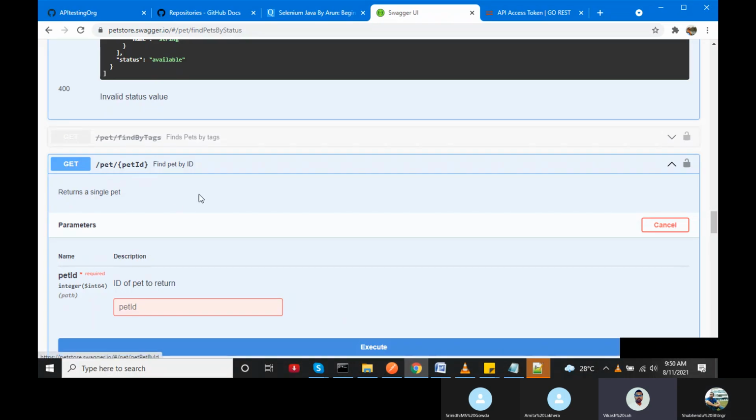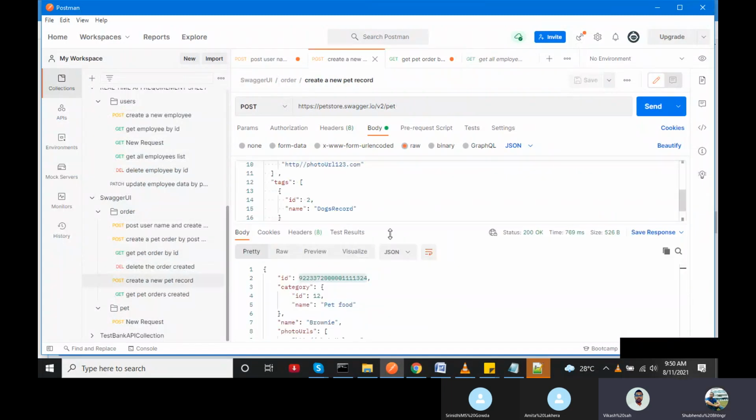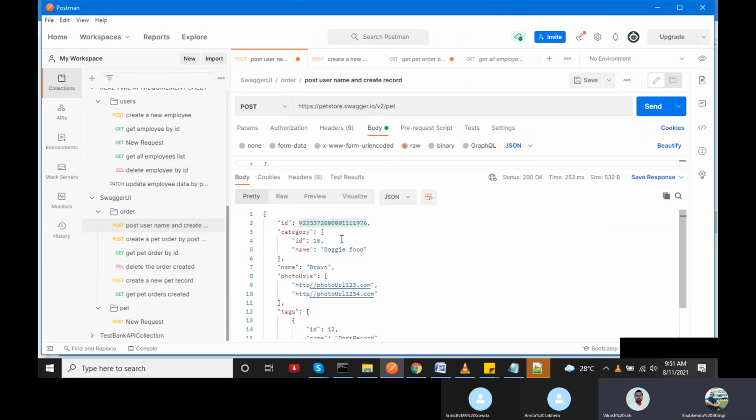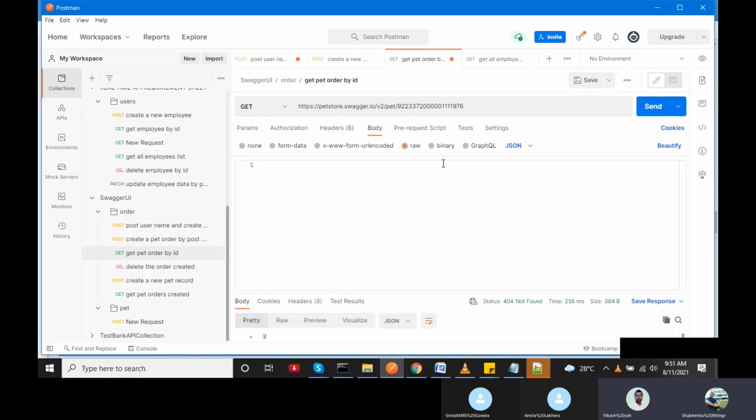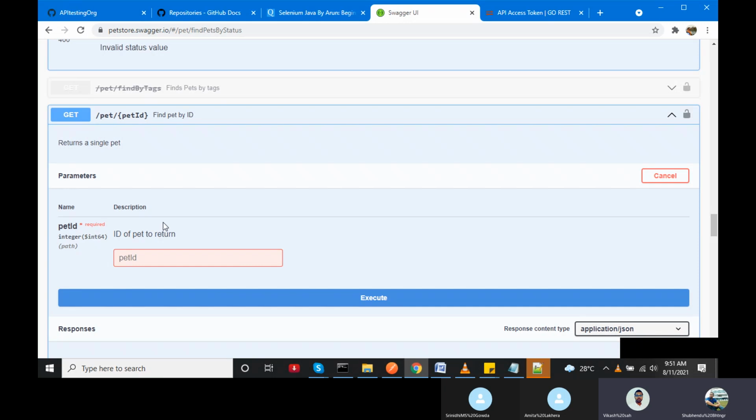Go to pet and copy the pet ID. Go to your response body in the post method. What is the pet ID there in the response? So this is the latest one. Copy this one and paste it where you want. Yeah, paste it here. Have you pasted? Yes, sir. Pet ID. Okay, I think give me a parameter. Give me a second.